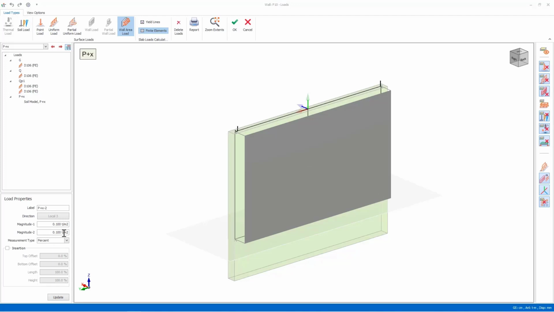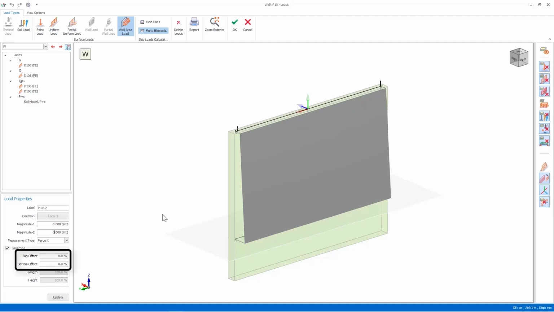In this load type, you can also specify the distances of the load to the top and bottom of the wall. Thus, you can define the distributed loads on the wall side by side. For example, let's choose the load state we will use for the water load. Magnitude 1 describes the upper load value, and magnitude 2 describes the lower load value of the shear wall. If you want your load to be defined from a certain distance in the upper and lower sections, you can enter the values you want in the upper distance and lower distance fields after activating the settlement option.